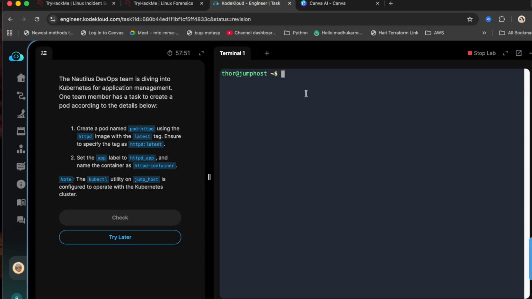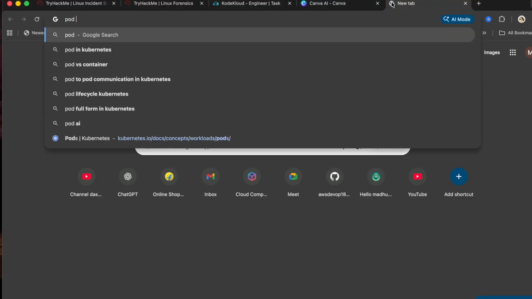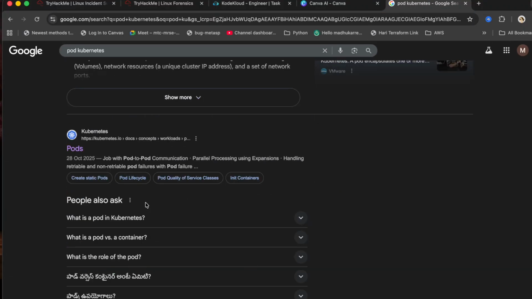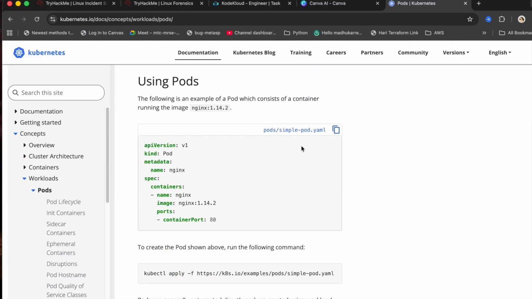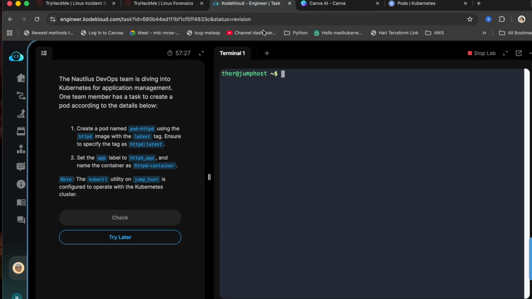So what you need to do, you don't need to remember the syntax of the YAML file, but you just need to have a basic idea on where to change and what to change. So for this one, either you can search for pod Kubernetes and then go to pods. So you can get a basic example for this sample file, simple one, then you can edit it. You can do this way, or you can run the command k run